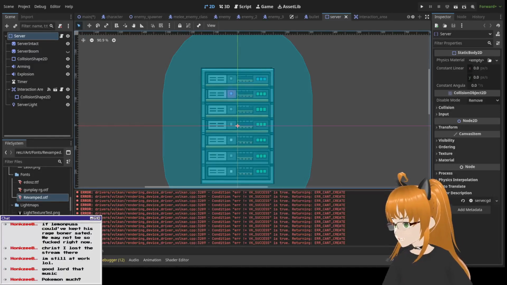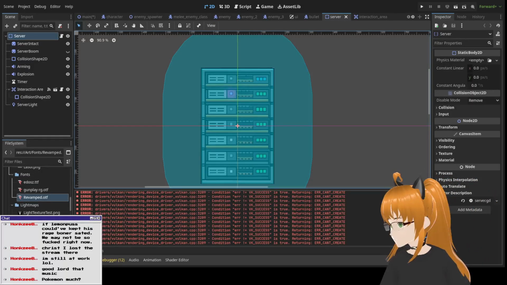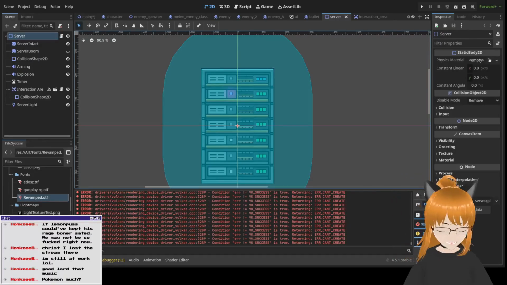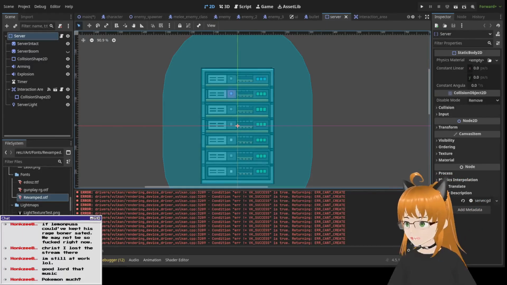You still haven't fixed the Vulkan rendering error? Nope, I couldn't find a way to update Vulkan. It's supposedly a thing you can just do, that should just work, but it doesn't. And like